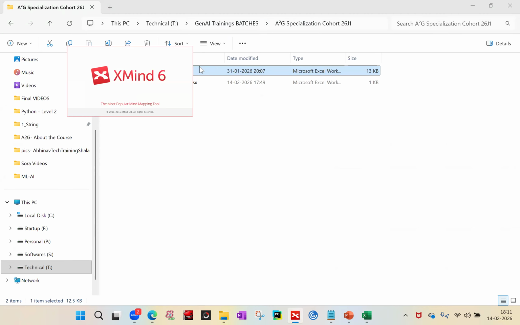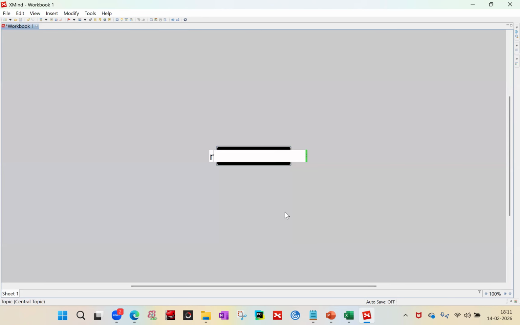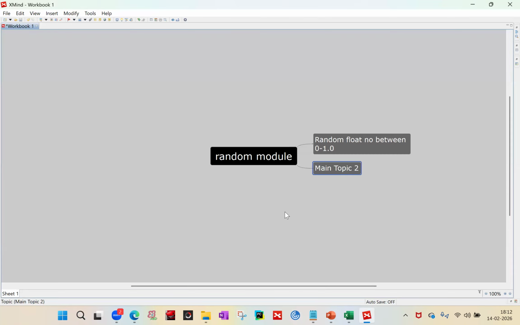So random module is a module which generates random numbers. So what we are going to cover in this, let's talk about it. Random module. So we will first see how to print random float numbers between 0 to 1.0. Second, we will see random number